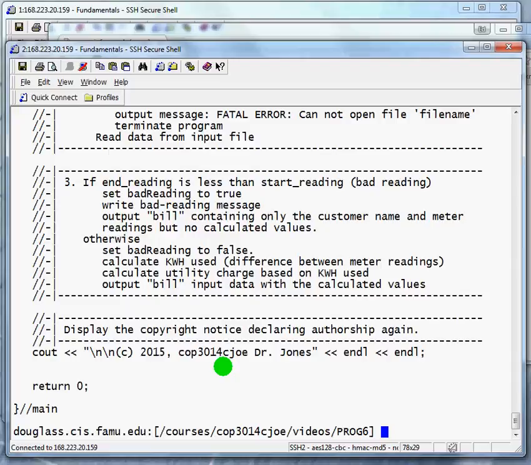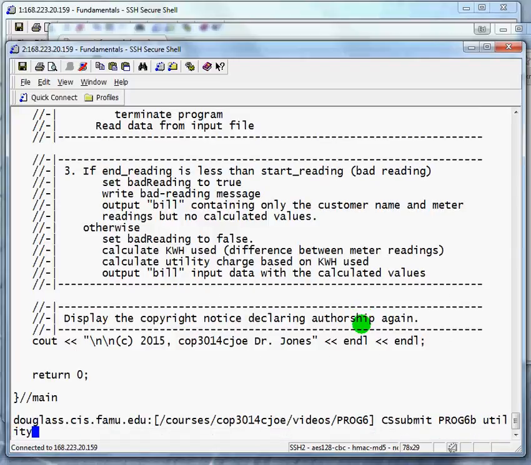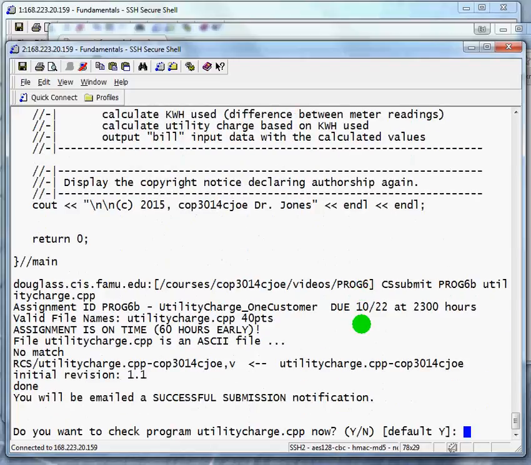Let me show you one more thing. We can actually make an attempt to submit the program and just see what happens. We can attempt to submit it, and let's see what happens. We can say CS submit PROG6b, and we have utility charge.cpp. We can go ahead and submit it,